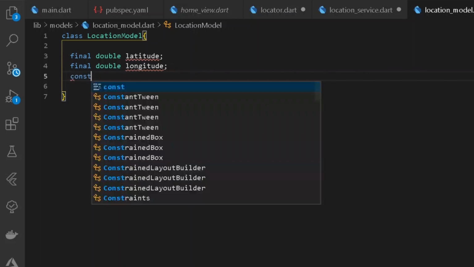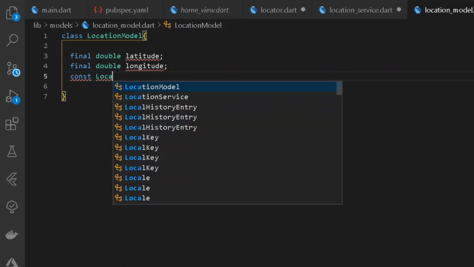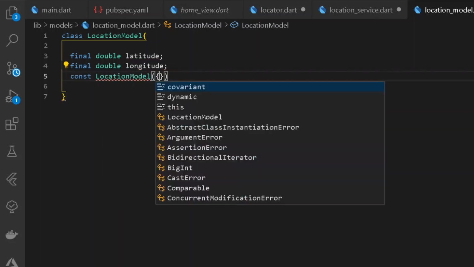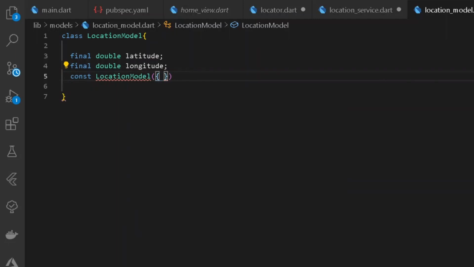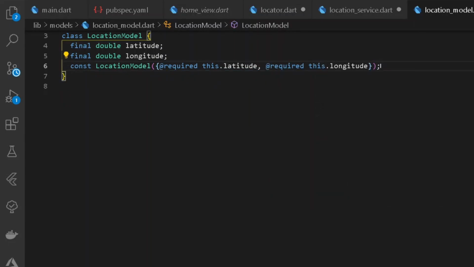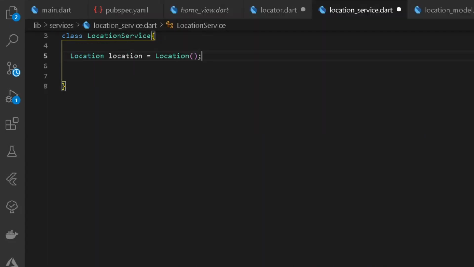Easy thing. And once you have done this, let's have a default constructor for it. So let's have required for latitude and also one more required for longitude. We can go back under our location service, and let's have an instance of our location model.